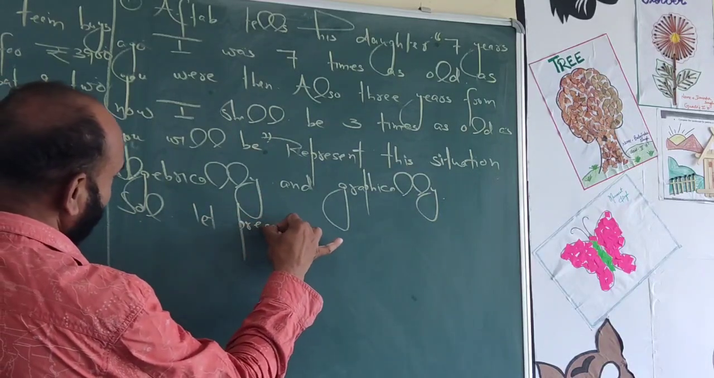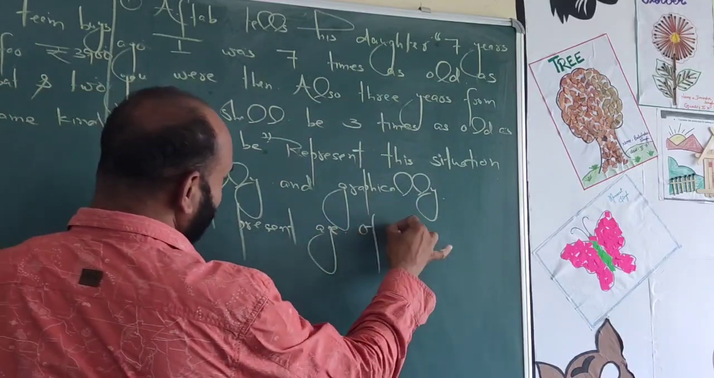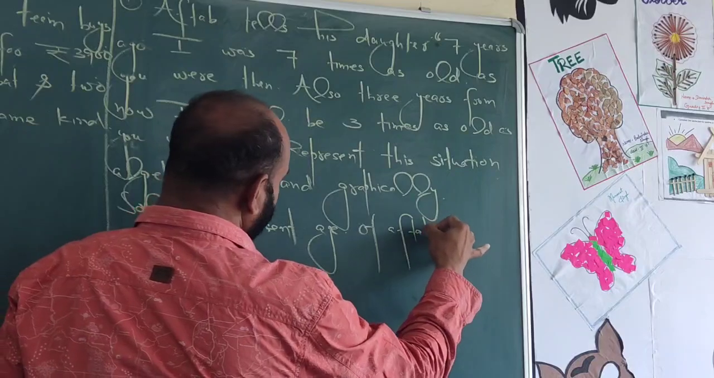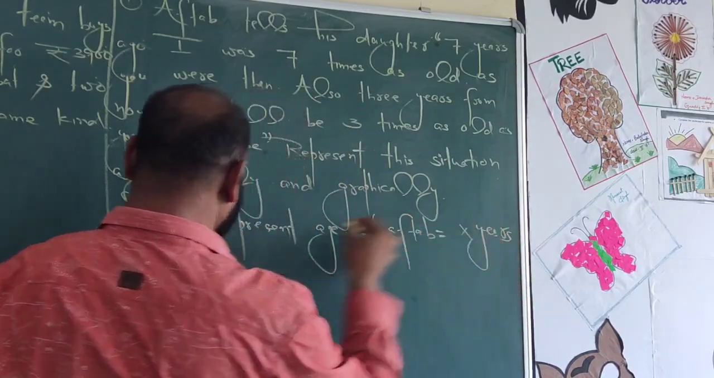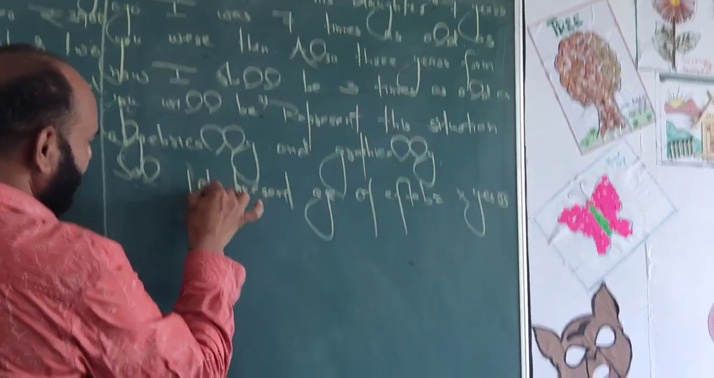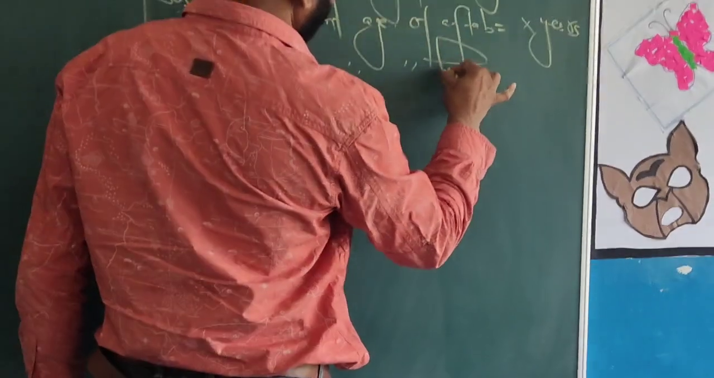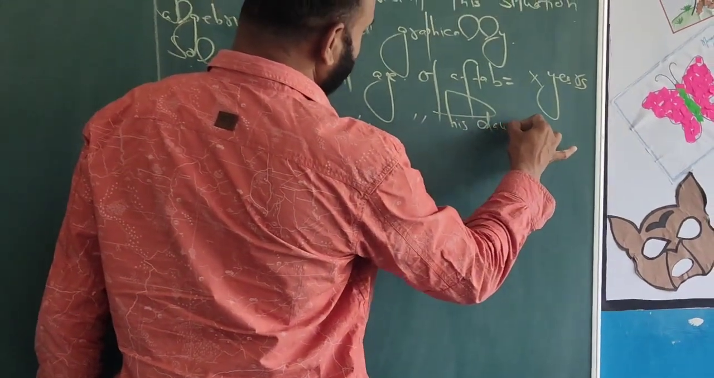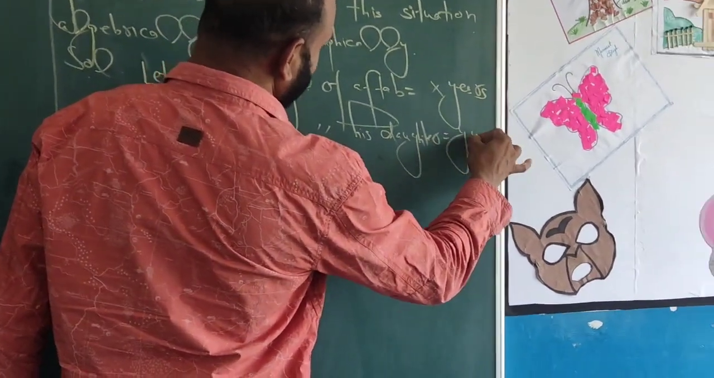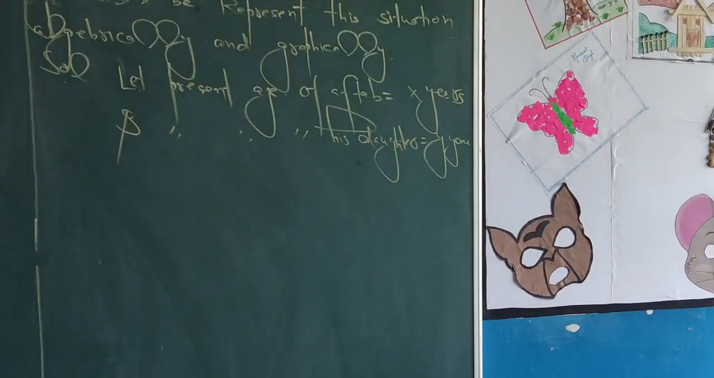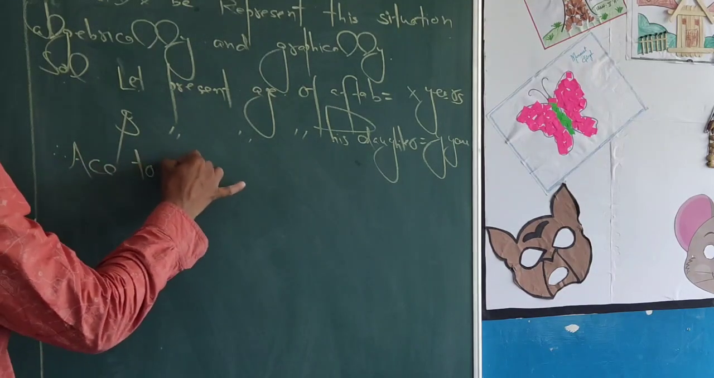the present age of Aftab. Let the present age of Aftab be x here, and the present age of his daughter be y here. Therefore, according to the first condition,